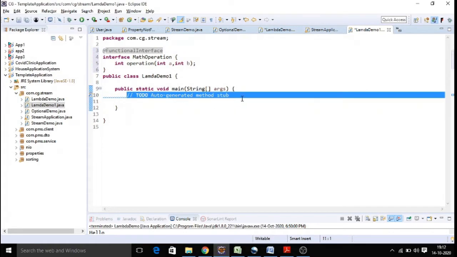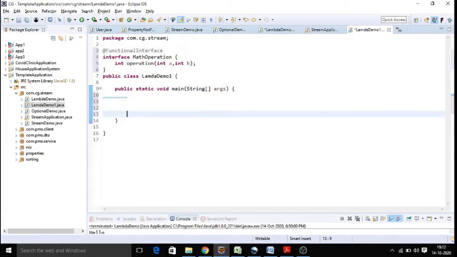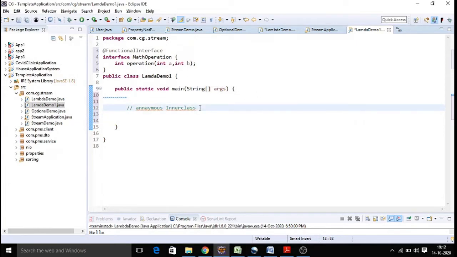Every functional interface should have a single method. Now, if we have an interface and want to override that method, earlier we used to implement it with a concept called the anonymous inner class. Here I would like to explain how we use that anonymous inner class. When we want to make use of this interface to override that method, instead of taking another class and overriding it, as part of our same class we are going to override the method called operation by using an anonymous inner class.